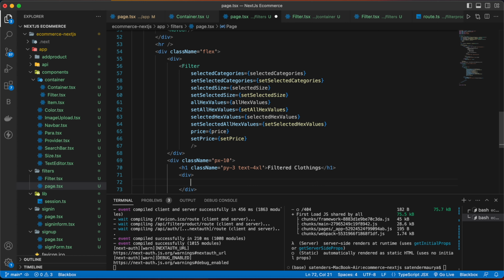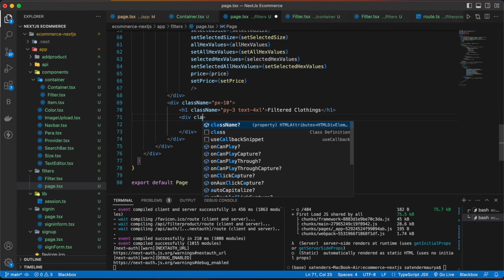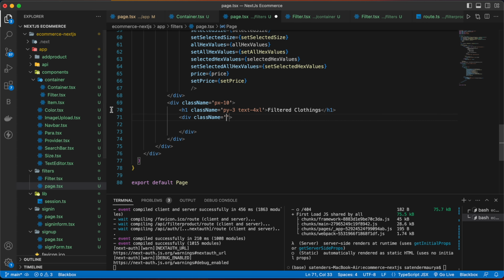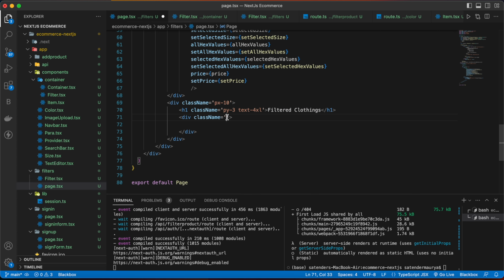Then below that make a div with the class name, and copy this CSS from here. So copy this and paste it here, and also give margin top of 5.